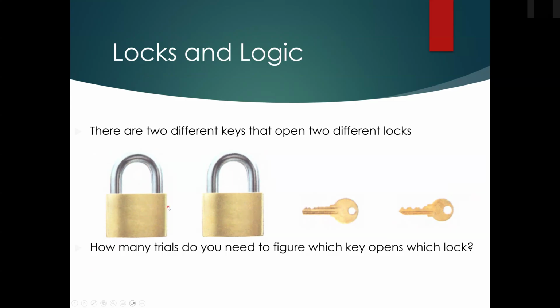What are the outcomes of said trial? Normally when we're doing logic problems or problems that require logic, we need to consider all outcomes. So let's say that we take this key and we try it on this lock. There are two outcomes, right? The first outcome is that the lock opens, or the lock doesn't open. So what do either of these tell us? If the lock opens,